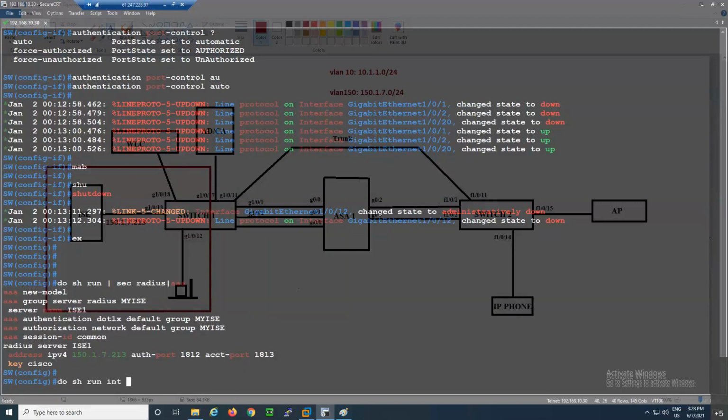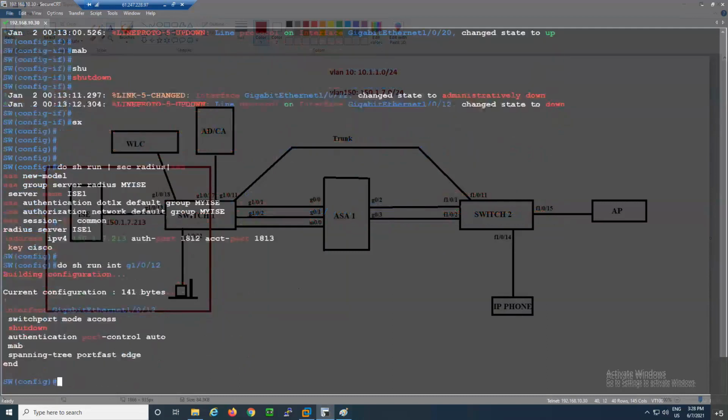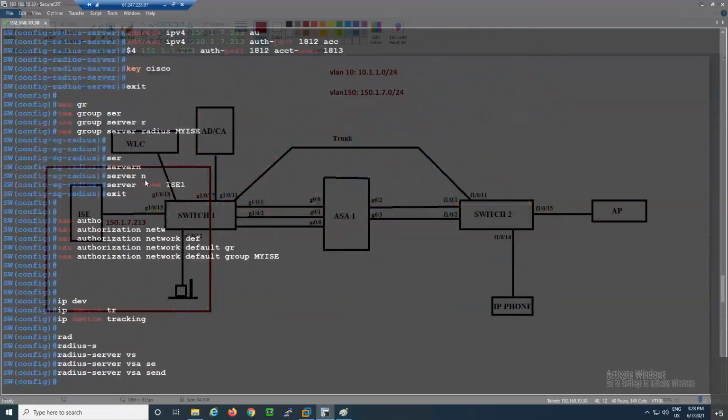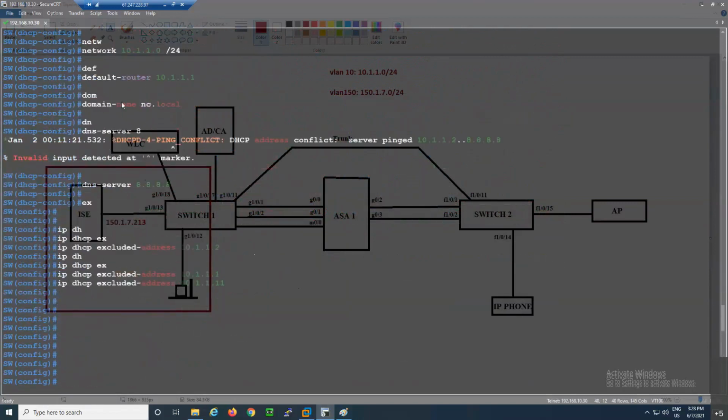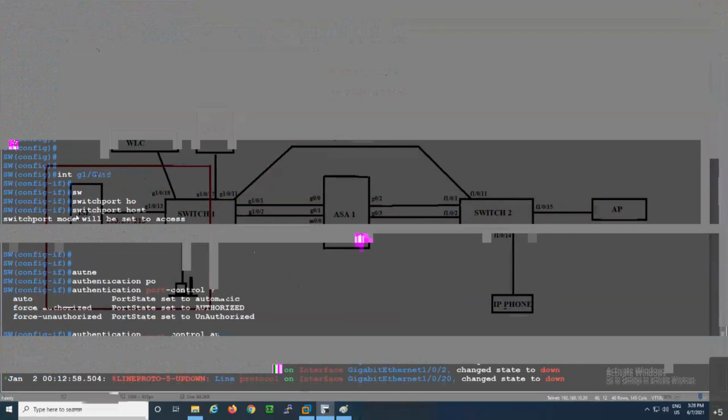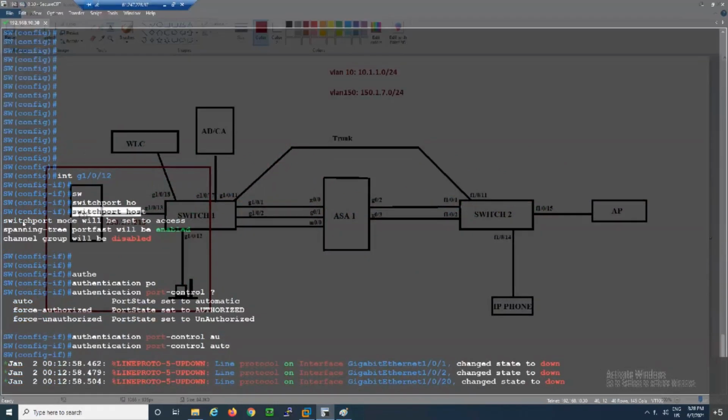To show the interface 1/0/12: switchport mode access, shutdown, authentication port-control auto, and MAB. Portfast is also available. When you run this command switchport host, I have told you about this thing. When you run this command switchport host, it will perform three tasks.